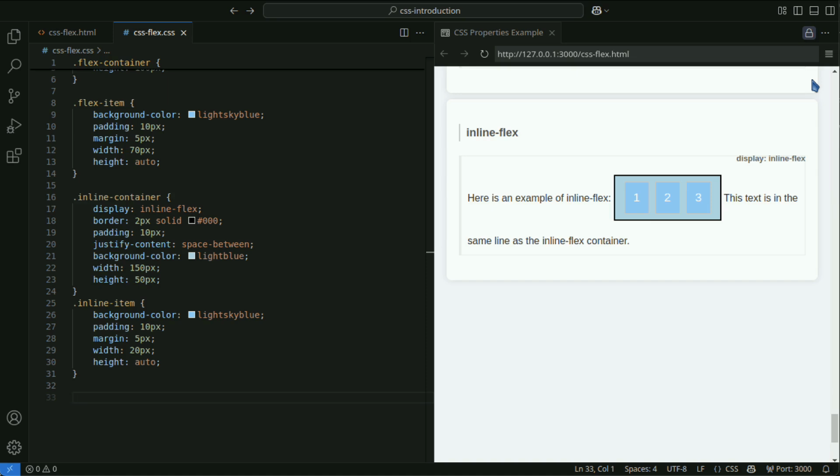Inline flex is particularly useful in cases such as when you want to use a flex layout with inline elements. It is useful when you need to use Flexbox for positioning in small UI components like buttons or icons. For example, when you want to align an icon and text side by side and center them.